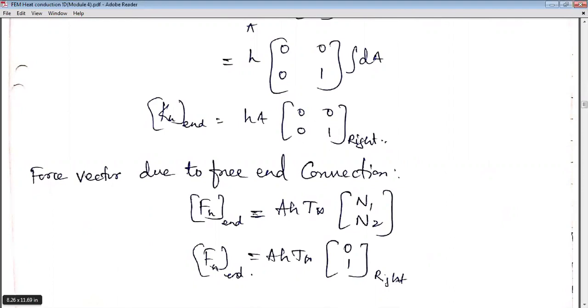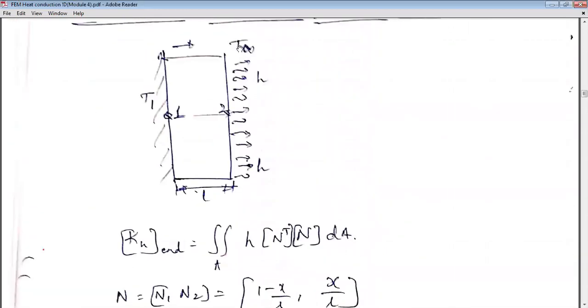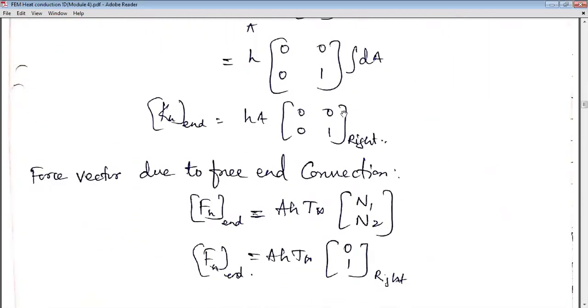Same as the one I just showed at the start of this lecture. So 0, 0, then it is right. Where it is right, here it is right. So you observe this is left hand, this is right hand. If it is to the right hand, you can see 0, 0, 0, HA or HA, 0, 0, 0. Try to understand this. To the right, if at all the force vector is to be found, it is A H T infinity. There is no derivation as such. Just make a note of it.